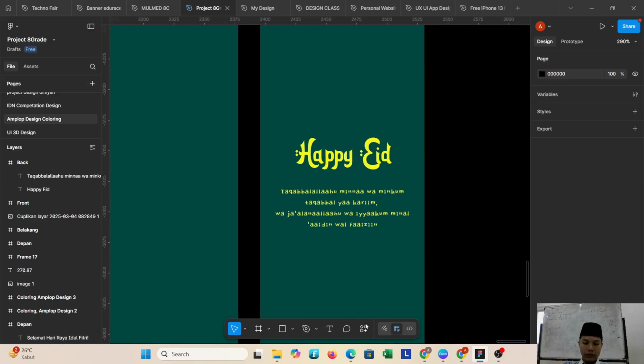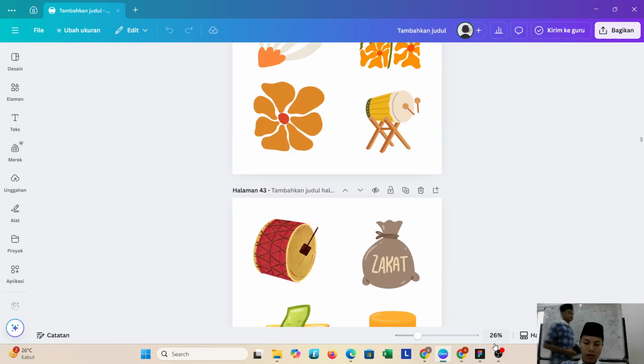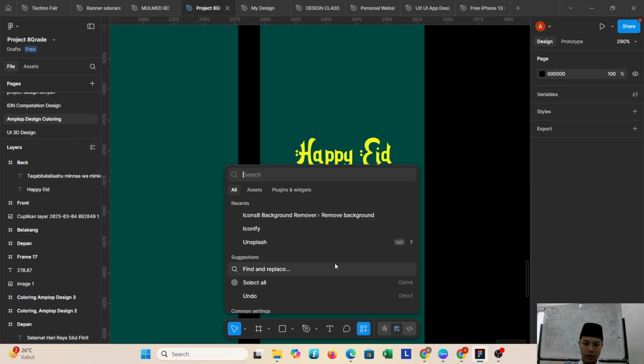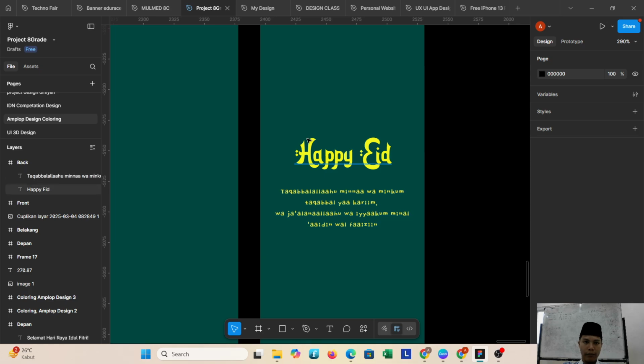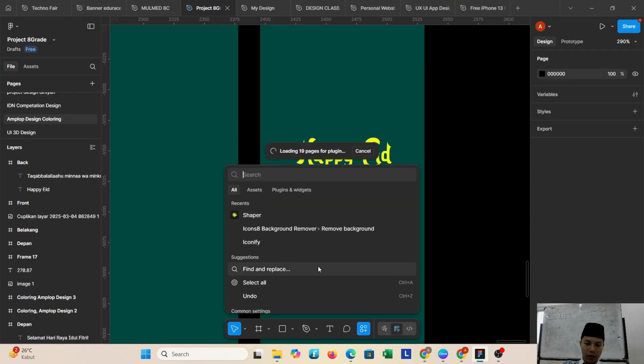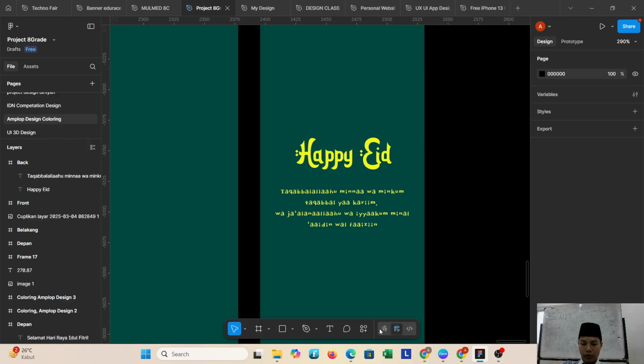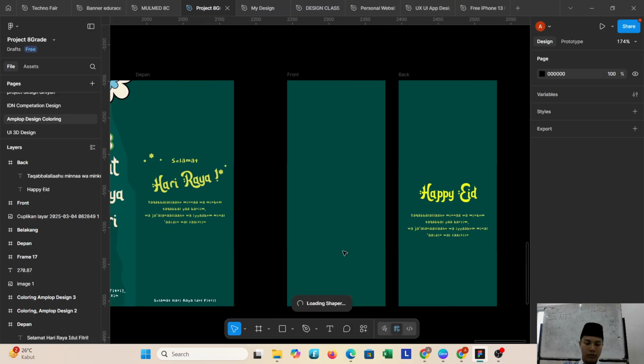You can search in Canva, or to make it easy, you can use the Shaper plugin in Figma, and then you can click it and wait for it to load first. In this plugin, you can get many icons, like flowers and many other icons.